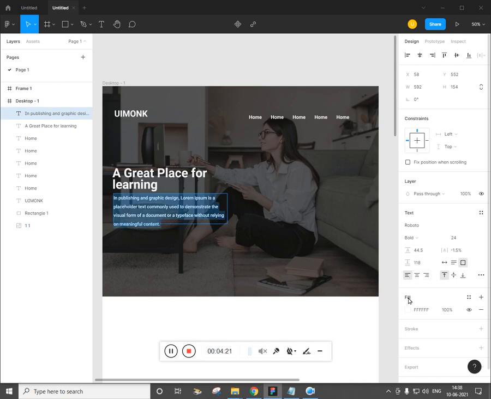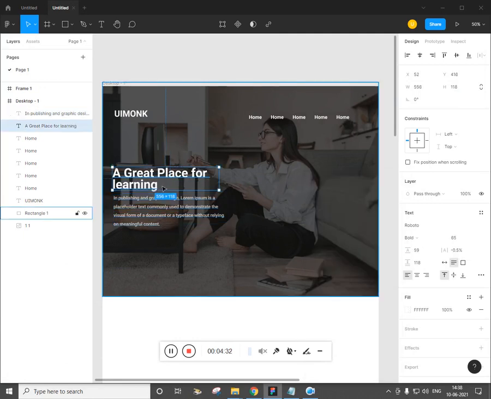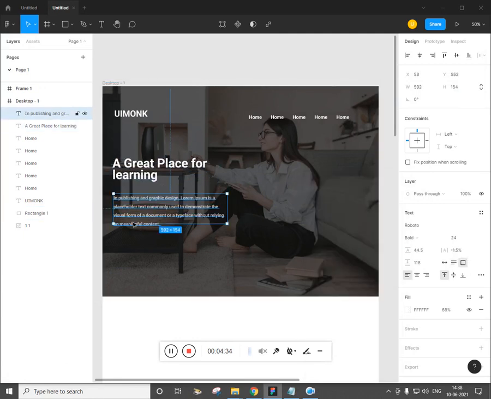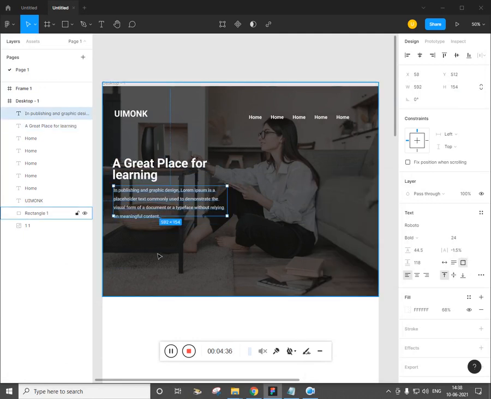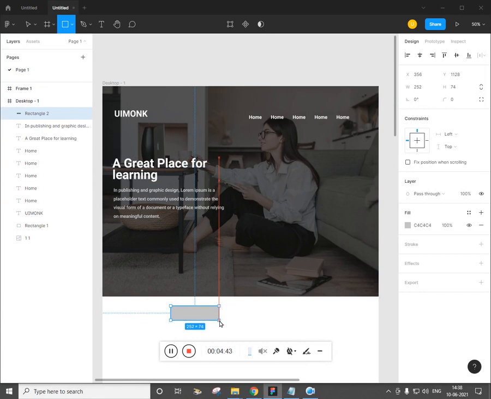Cool. Make the opacity, select the color, and now what you can do is select the rectangle R and just drag it and make it 1.